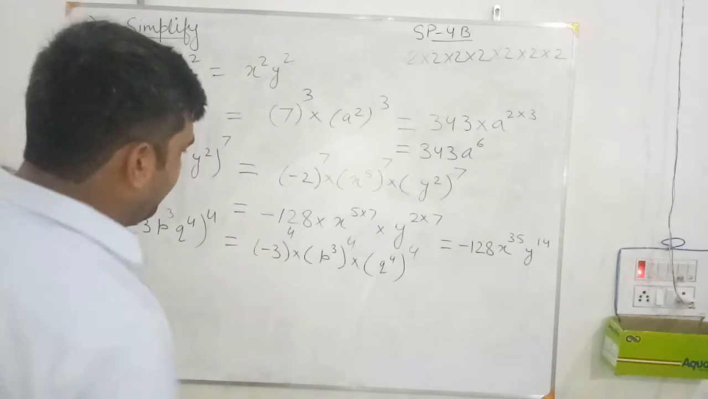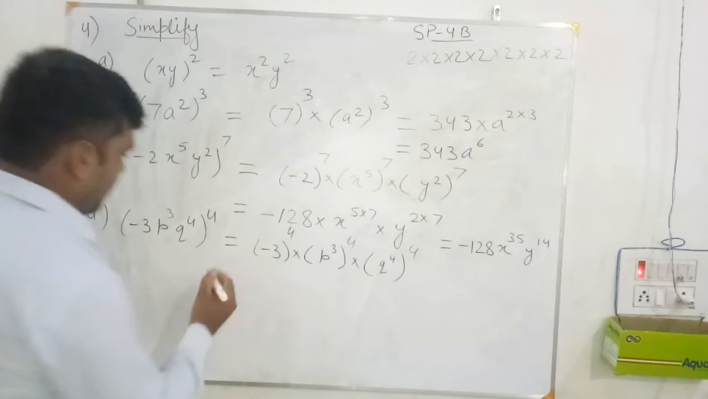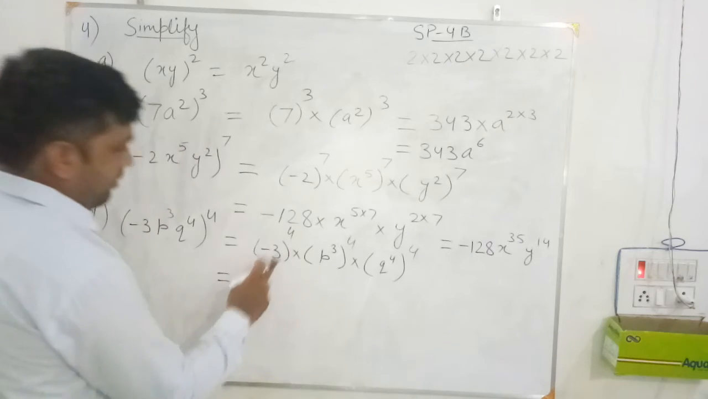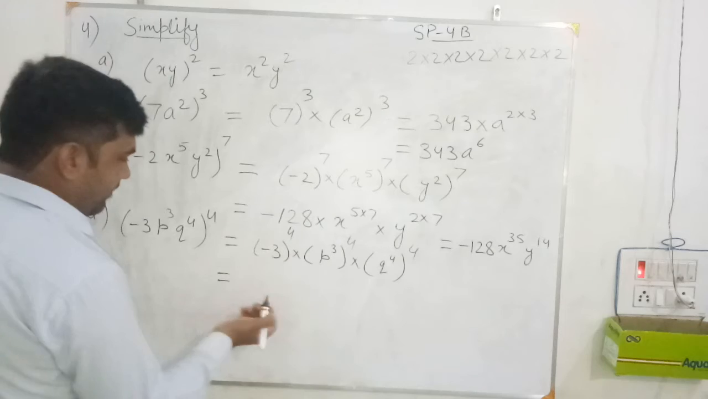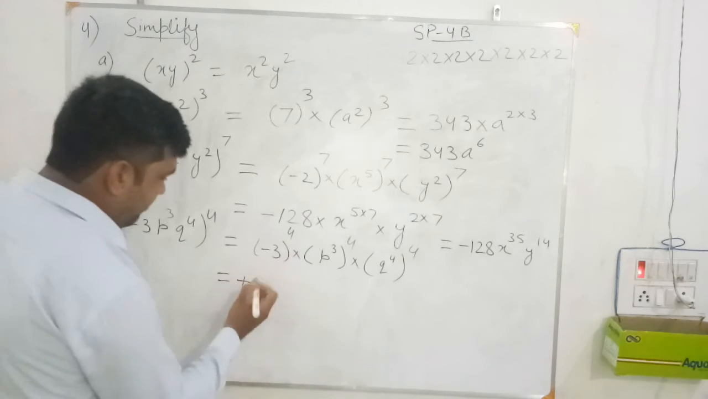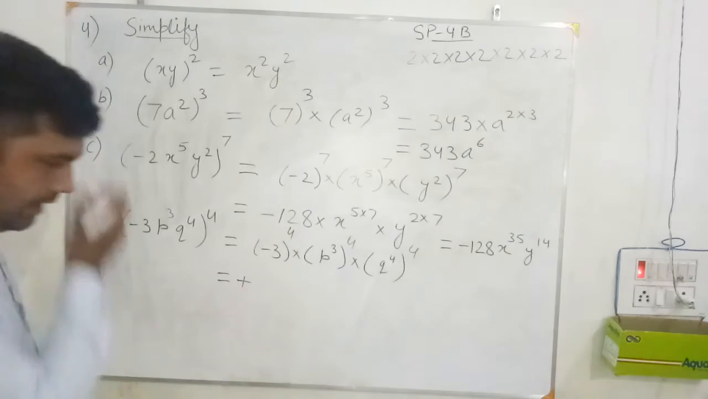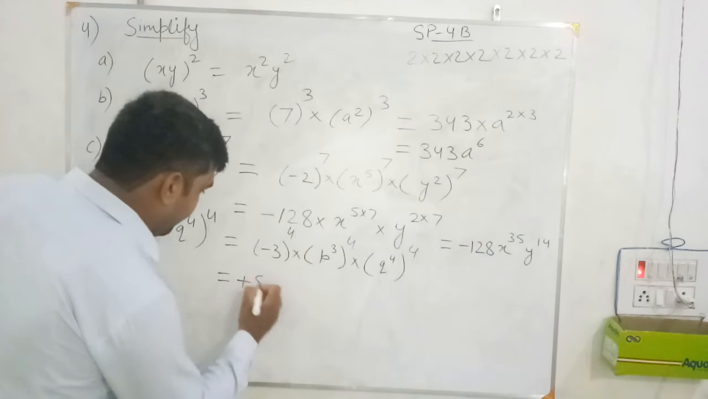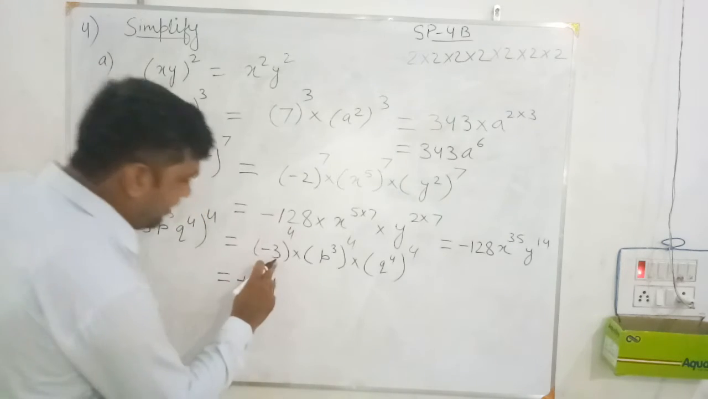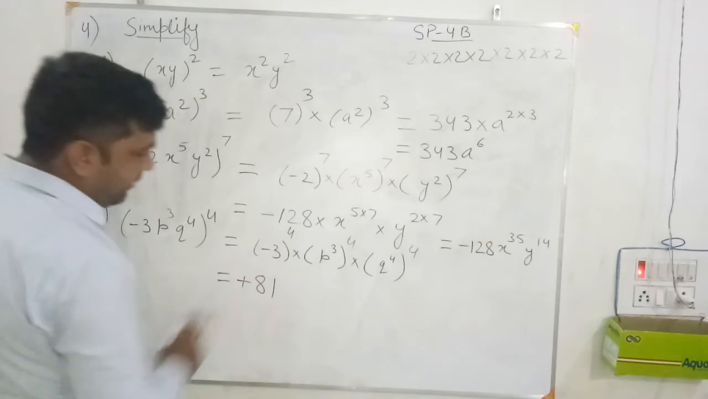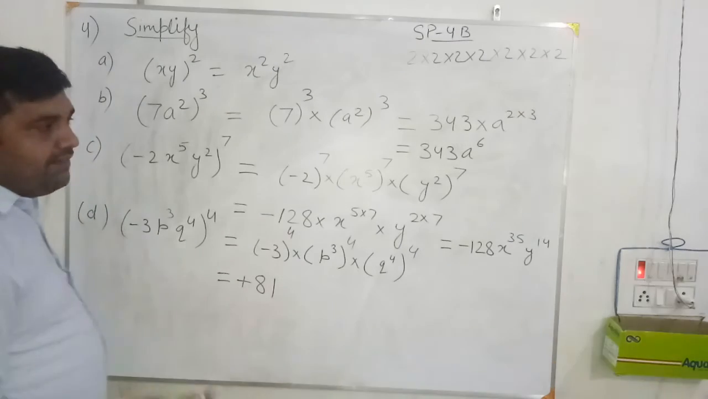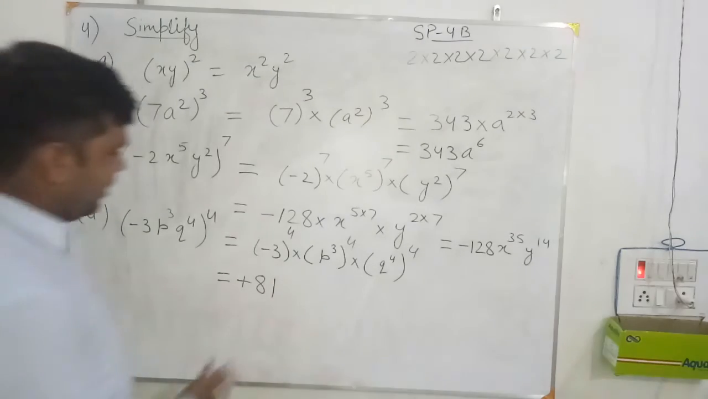Now see what value you are going to get for this. The base is negative and the power is even, so the value will be positive. Now 3 to the power 4 value is 81. When you multiply 3 four times by itself, you will get 81: 3 times 3 is 9, 9 times 3 is 27, 27 times 3 is 81. Now here you will get